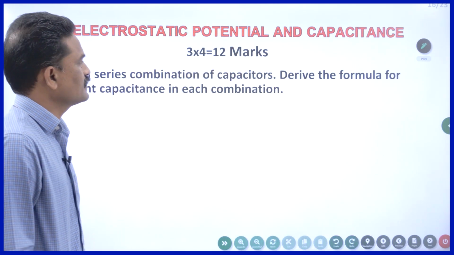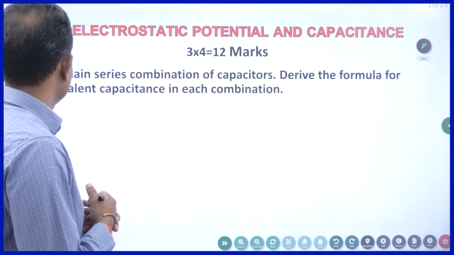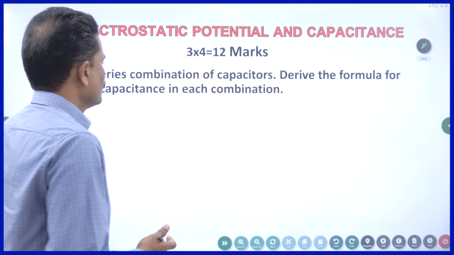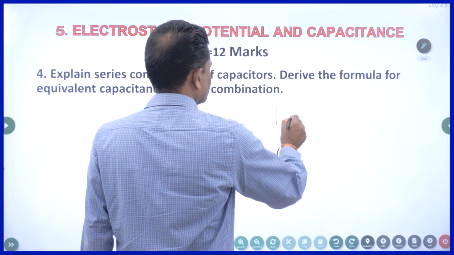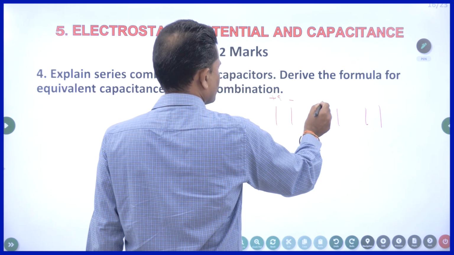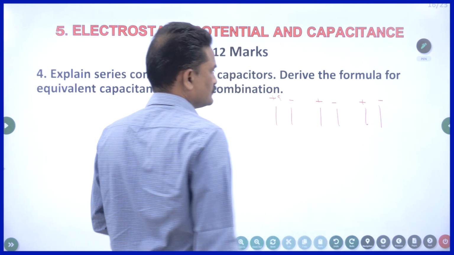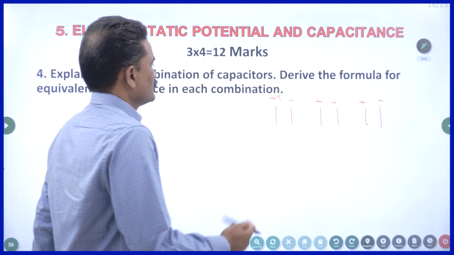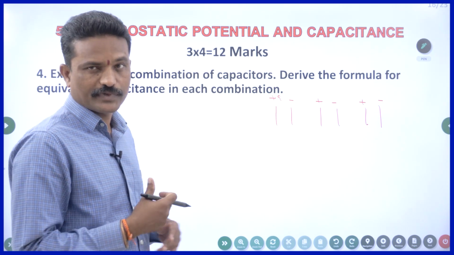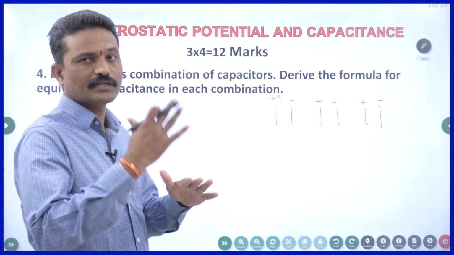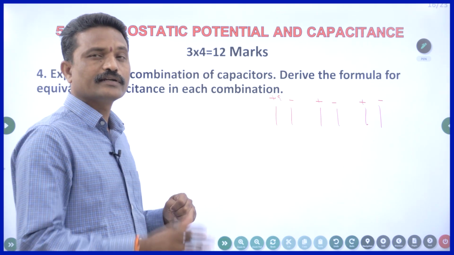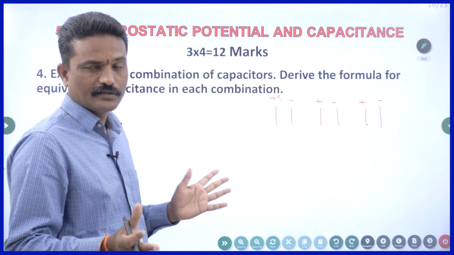Explain series combination of capacitors. Derive the formula for equivalent capacitance in each combination. Now, what do you mean by series? There are two or more capacitors. This is plus, minus, plus, minus, plus, minus. The negative plate is connected to the positive plate of the other capacitor, then that combination is called series. Plus is connected to minus. If all the plus plates are wired together and all the negative plates are wired together, then that is called